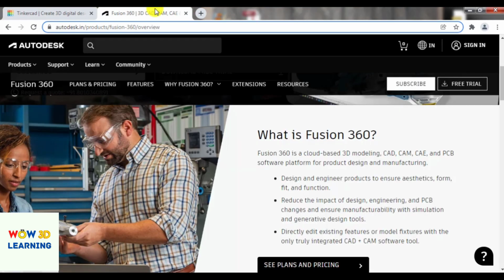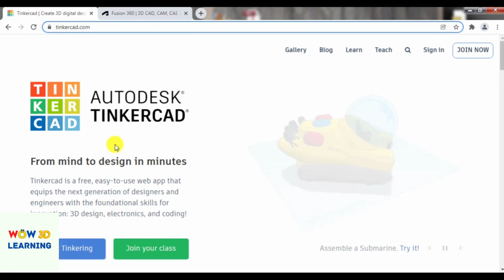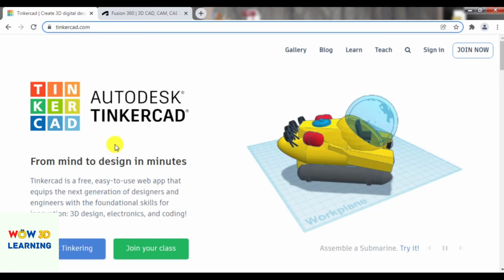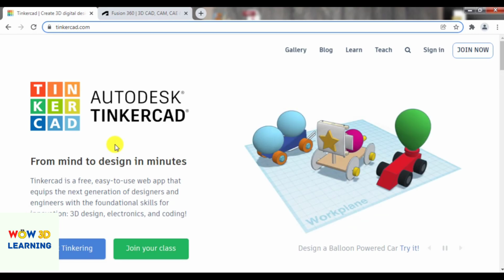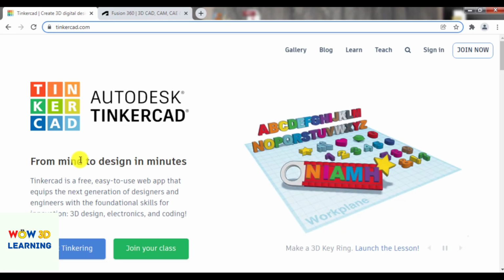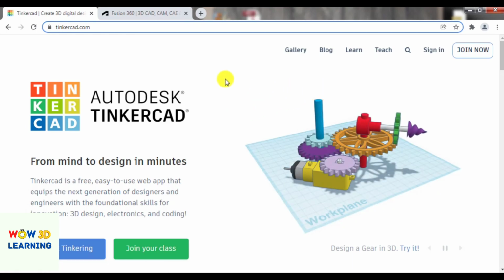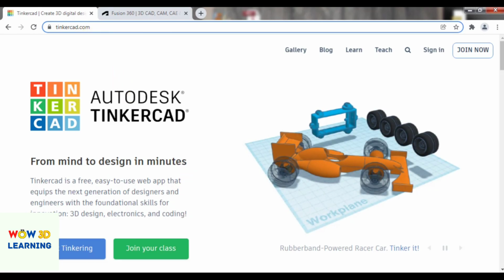Autodesk also has an advanced software called Autodesk Fusion 360, which is also a cloud-based 3D modeling software and which is available for free for students and teachers. A big shout out to Autodesk for making such simple software accessible to the common man. I will cover in this series from basic to advanced tips, tricks and shortcuts in Tinkercad. So let's get started. We will move to section 2, how to log in and register for an account on Tinkercad, where you have to go to tinkercad.com.